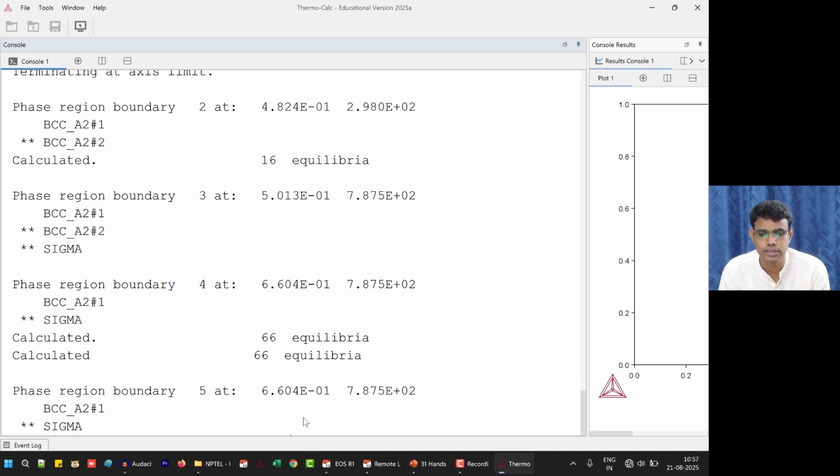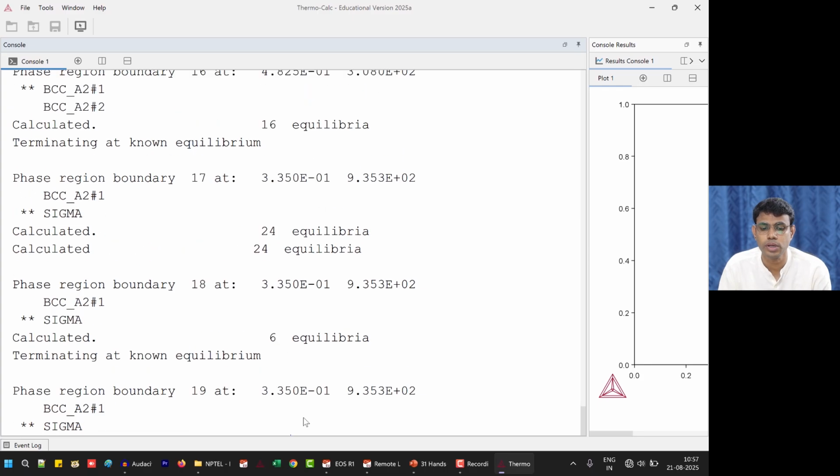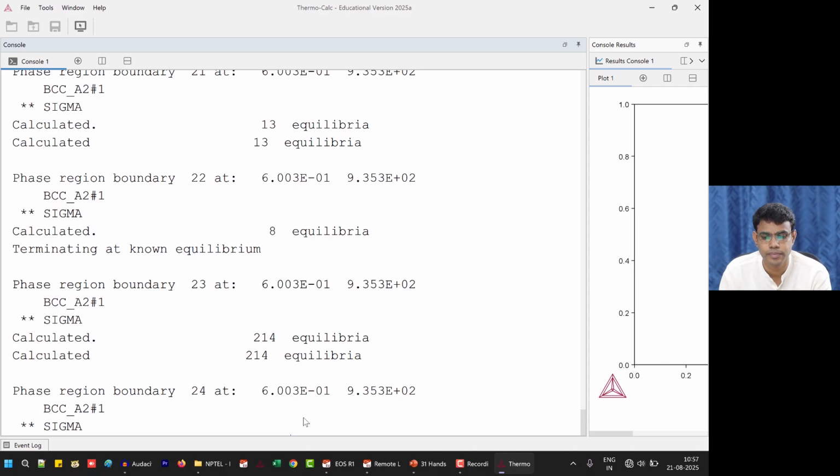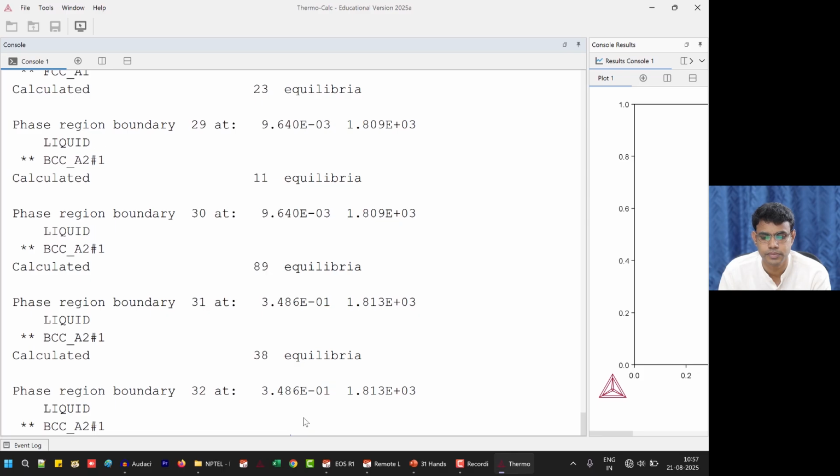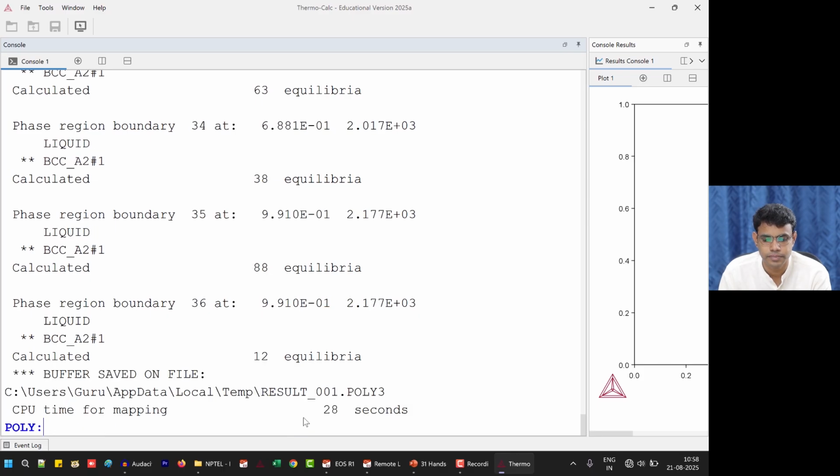It shows all the things that you usually see in the event log in the graphical user mode. Those things appear here. So it takes a while. Yeah, now it's done. So we are back to poly now.